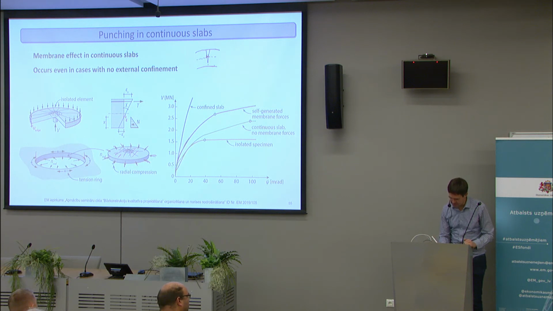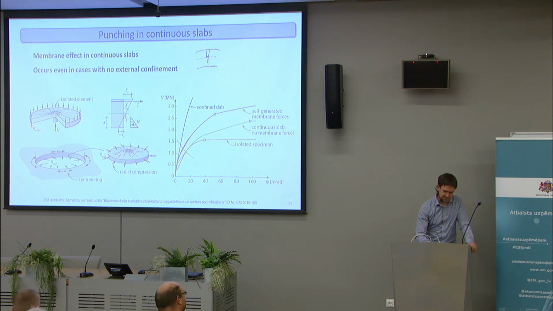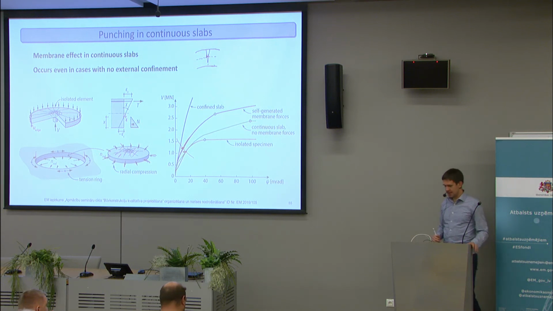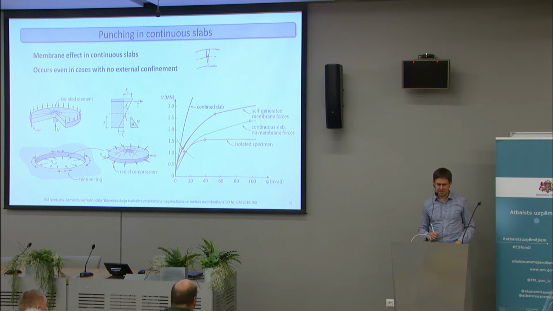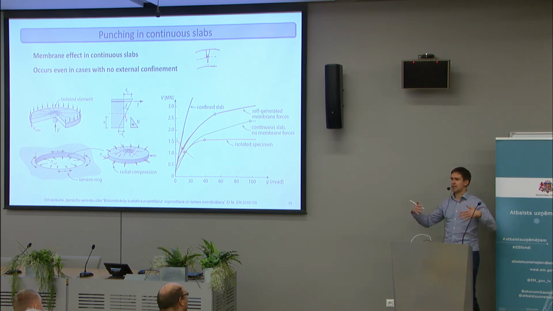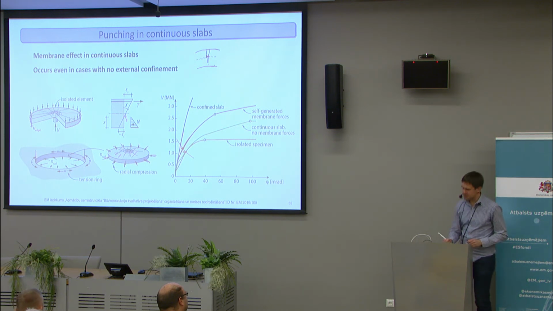So if we take this into account, then we can see that even without shear reinforcement, we should have an increase of punching strength in continuous slabs compared to the test specimens. And what is also important is that people had noticed it before, but they thought that this confinement can only come from outside elements, like if the slab is between walls. But what I showed is actually that you don't need any